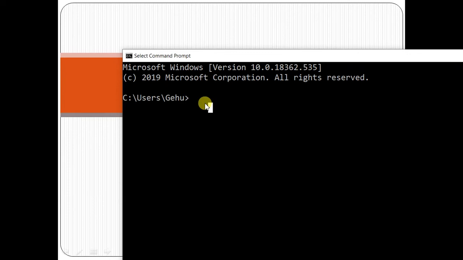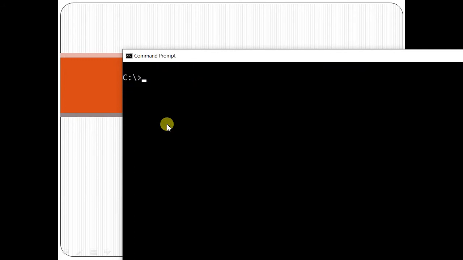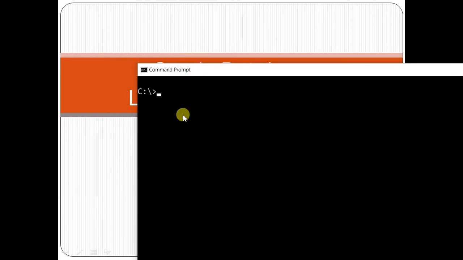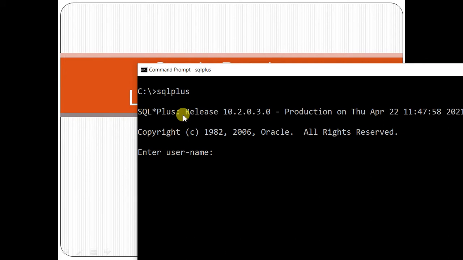You can either type the command here, or you can go back to the root. There is no issue. To go to the root, I will type CD plus. It is not at all compulsory. I'm just doing it for the sake of making the prompt simple, so don't take it as a part of the process. Now we will type CLS, so the screen is clear. Now here what we have to do is type SQL Plus. On the DOS prompt we have typed SQL Plus. Now it is asking for a username.